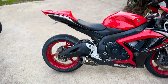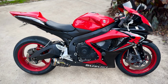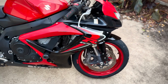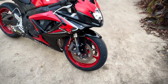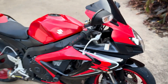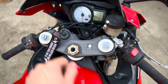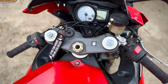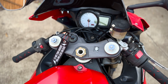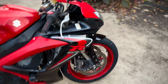I know that's pretty aggressive for street, but this is predominantly going to see track use, so we'll leave it. It is what it is. On the front, though, right out of the gate, I want to say I was at like 45 millimeters of sag, something crazy like that. So check the preload. The blue dials here rotate 15 clicks all the way left to right. I am 14 clicks right, so I am basically maxed out on preload, and I'm sitting at 36 millimeters of sag,